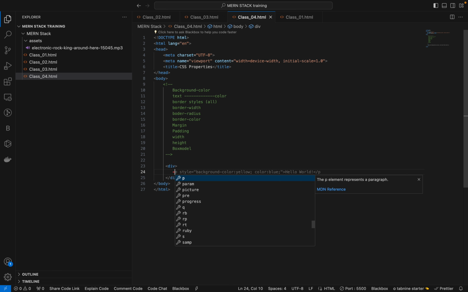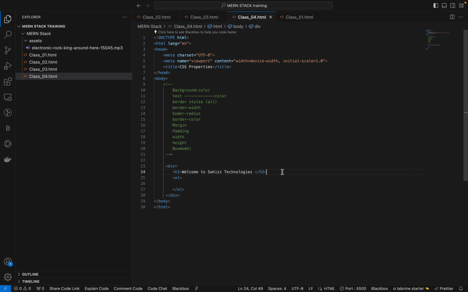Make sure it should be in the small h. Okay, so h2 tag, and welcome to Swhizz Technologies, and here we will use an ordered list for showing the list of courses. Before that, you can give a small heading like h5, training courses list. So in the ordered list, as I said, because we have to give LIs, let's copy,